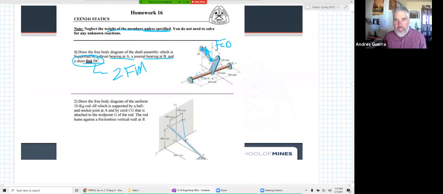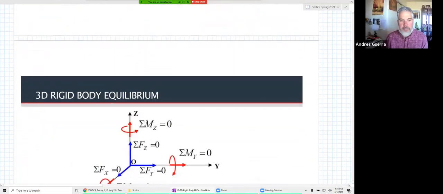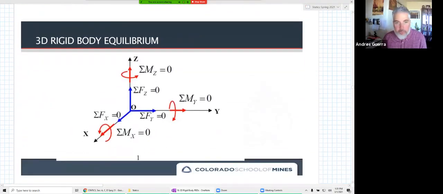Unless we tell you the weight, just assume that they're 0. We do tell you the weight on a couple of these though. Now that we are in 3D, we actually can see problems with 6 unknowns. So we went from 3 unknowns to 6 unknowns because we added an equation for force in the z direction,